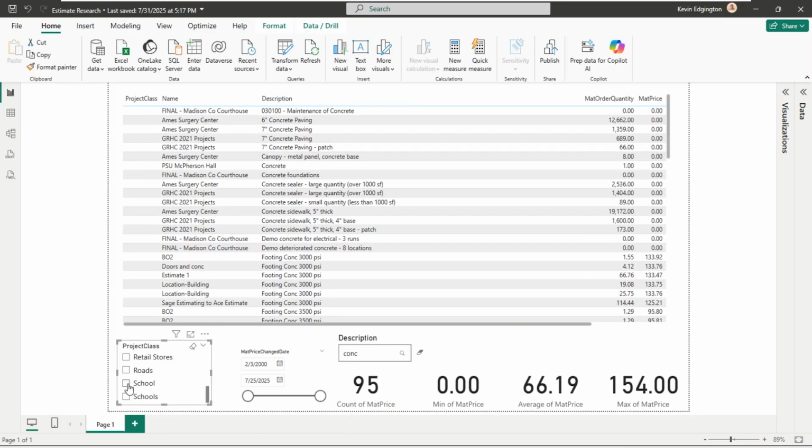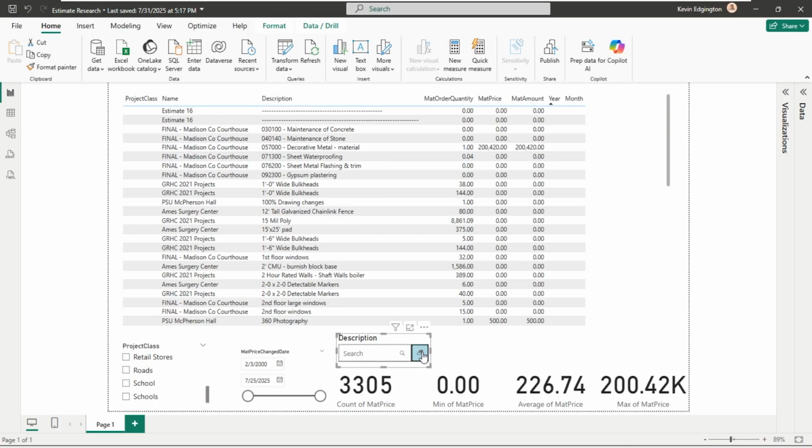Now, if I go back here and click on it again, it goes back to all the data that's in my list. That has this condition at the moment because I've still got my conch on there. I'm going to go ahead and hit the little eraser here to clear the search, so that way it'll go back to my whole entire database.